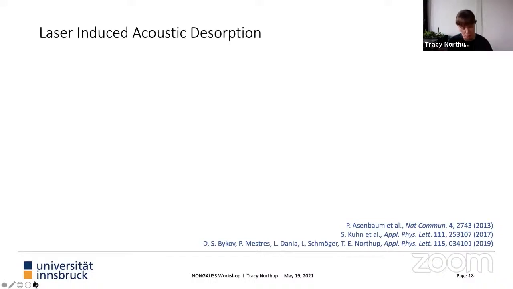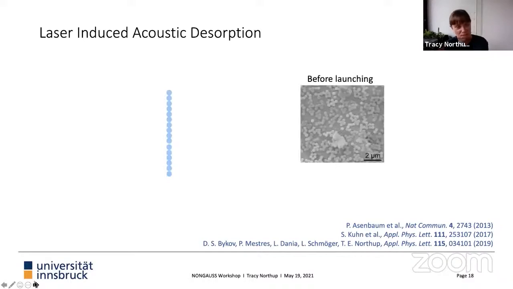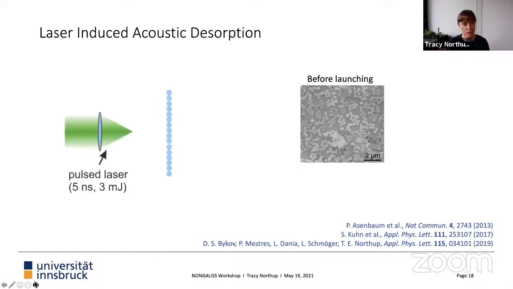And then we kind of advanced this a bit more with the trapped particles. So let me just outline for you this concept of laser-induced acoustic desorption. This is a picture of some nanoparticles. I think there's a square that disappeared here where they're supposed to be evaporated onto a small piece of foil. So we take a small piece of aluminum foil, the nanoparticles are evaporated on the foil, and then we come with a pulsed laser to one side of the foil. So that laser is focused down onto where the picture of the foil is supposed to be.